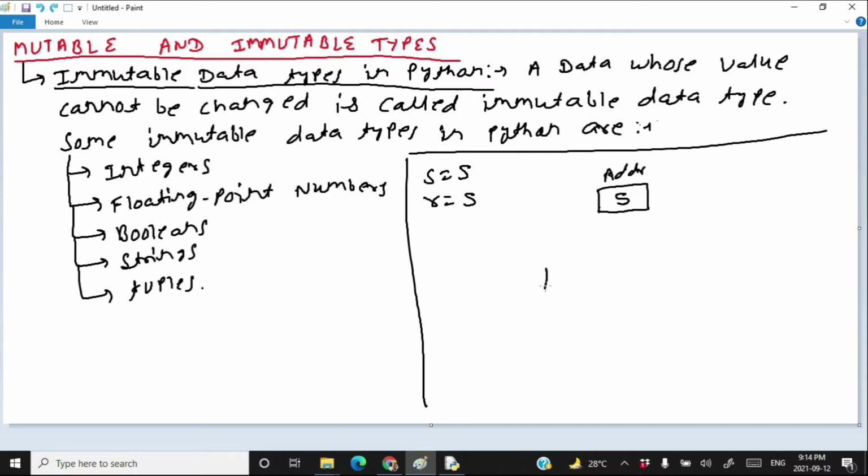That means s is going to have addr in it. And r is also going to point to the same location. That means both are pointing to the same 5.